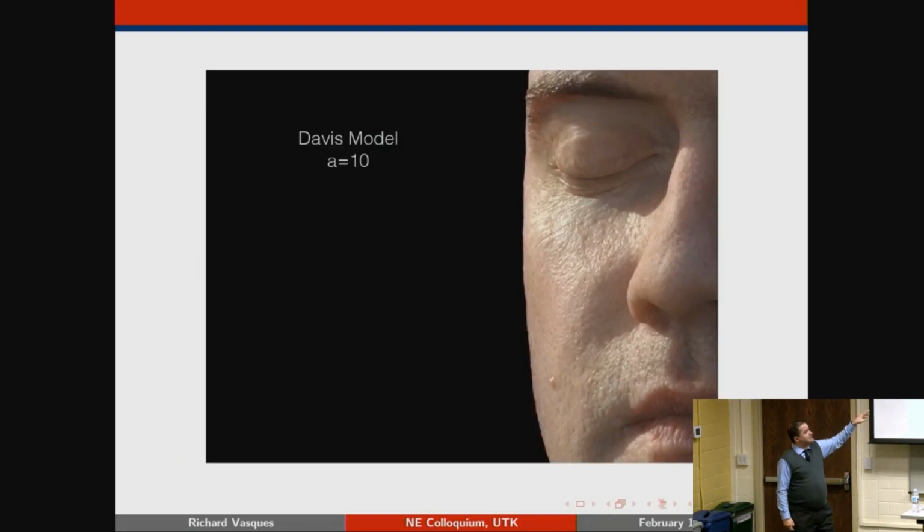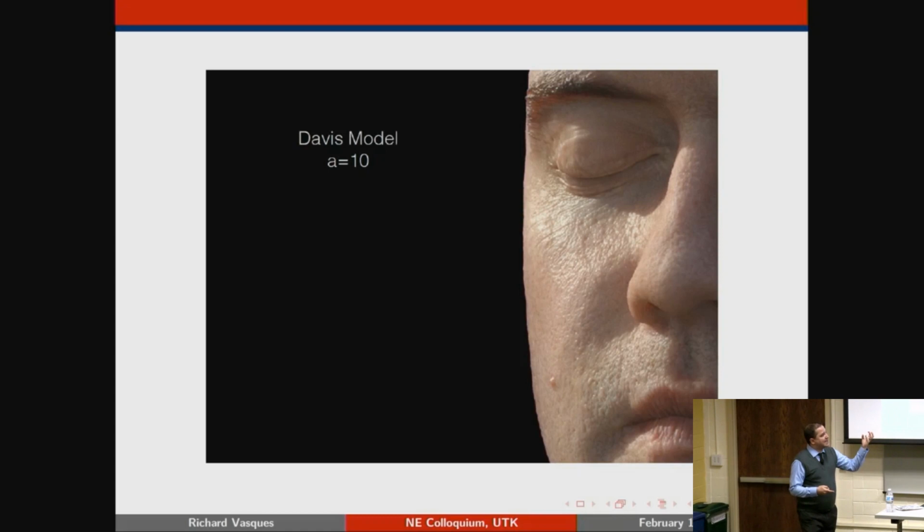So this is with A equals 10. This is pretty close to the exponential one that I showed you before. There's pretty much nothing being gained here. Again, I don't know how much you're going to be able to see with the light in the screen, but as I move from A equals 10 to smaller values of A, the skin is going to be more pink, and you're going to have more of that bleeding transparent effect in the skin. So going to A equals 3, I think there's not much you can see at this moment from the screen. Trust me, in the projector it looks great.